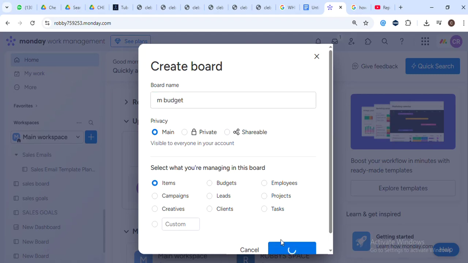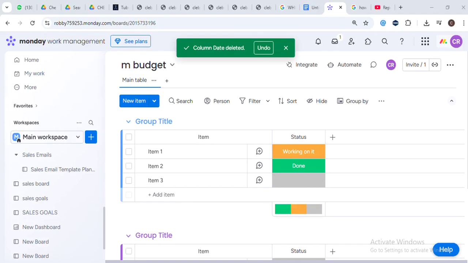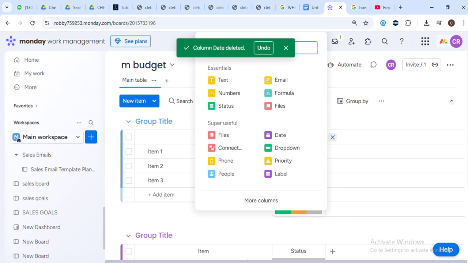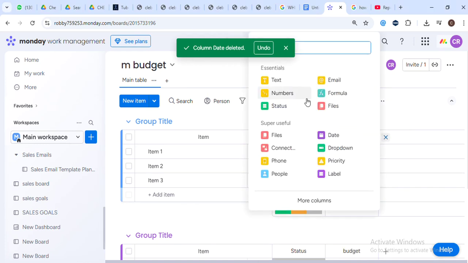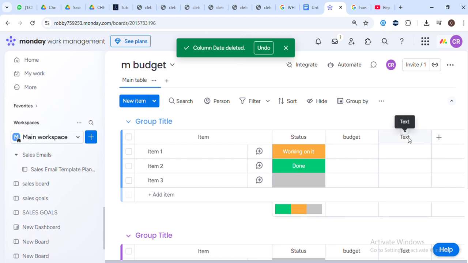Now that we've done that, we'll create columns for task, budget, actual spend, and status. Each column serves a unique purpose: task for marketing activities, budget for planned spending, actual spend for what you've really spent, and status to track progress. This helps us because it gives us a clear overview of where our money is going and how effectively we're